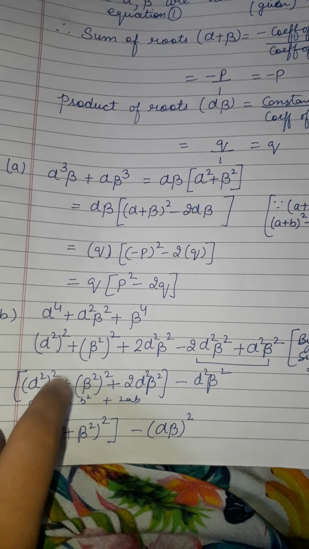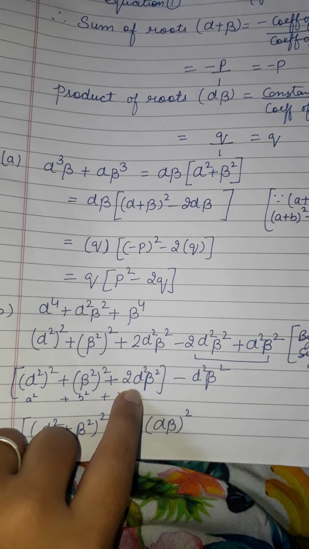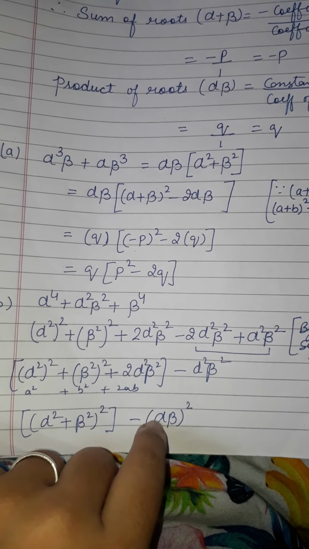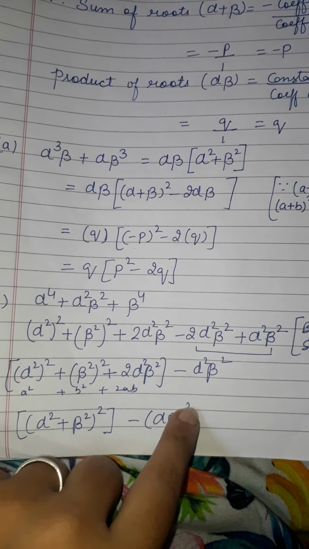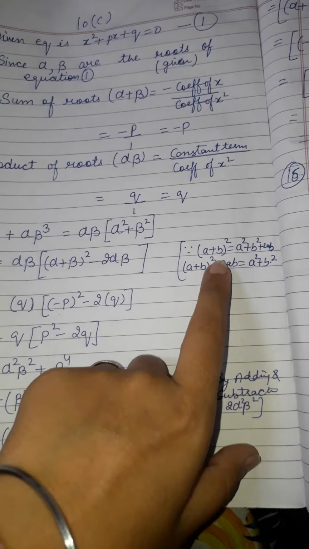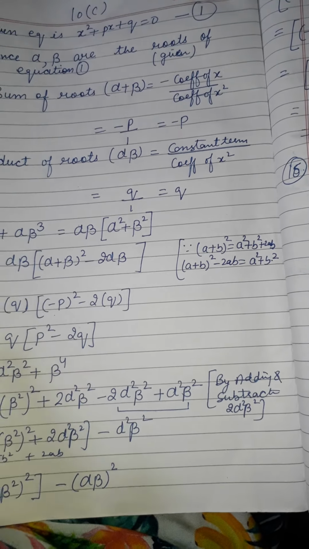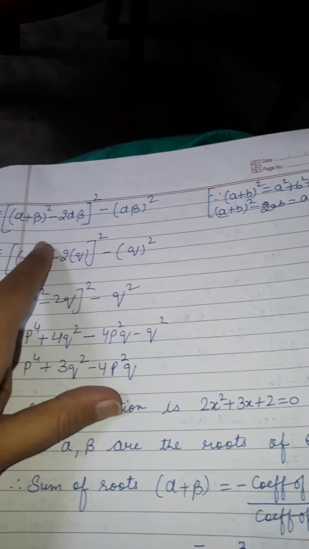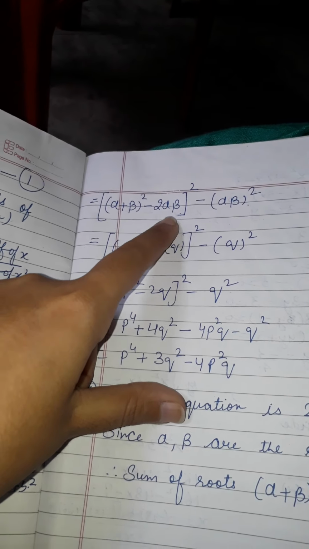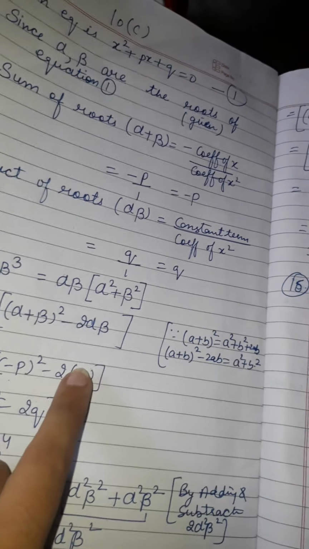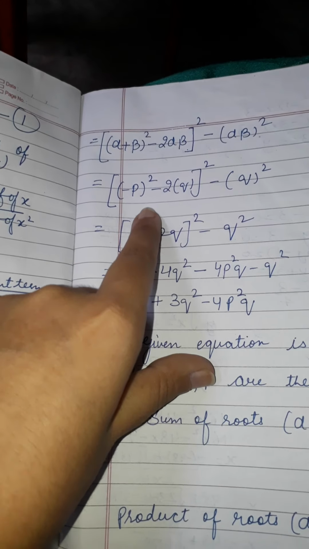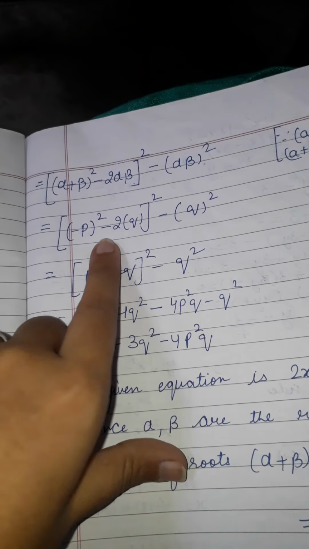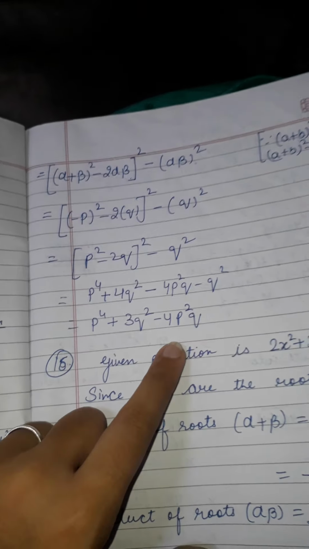Now this one is a square plus b square plus 2ab. It is equal to a plus b whole square, so this will combine to alpha square plus beta square whole square, minus 2 times alpha into beta whole square, with alpha square beta square as it is. Now again, same as the first part, you will find the value of a square plus b square. Similarly in this question you will get the same thing as in the previous question, and after this substitute the values of alpha plus beta and alpha into beta, and you will get your respective answer.